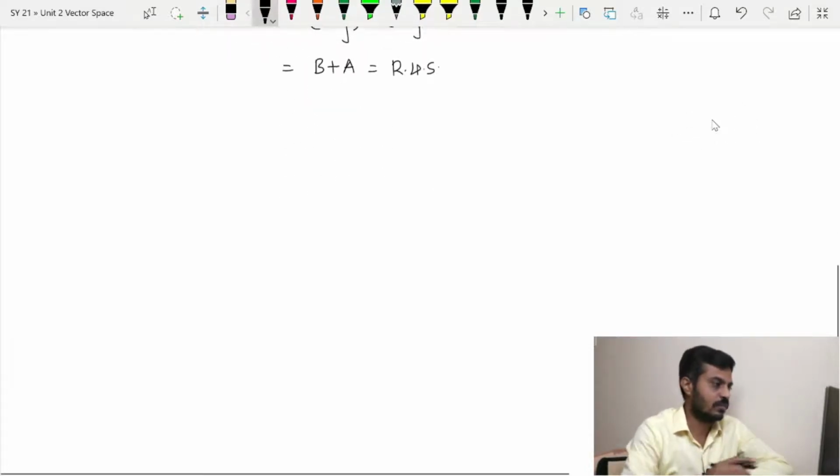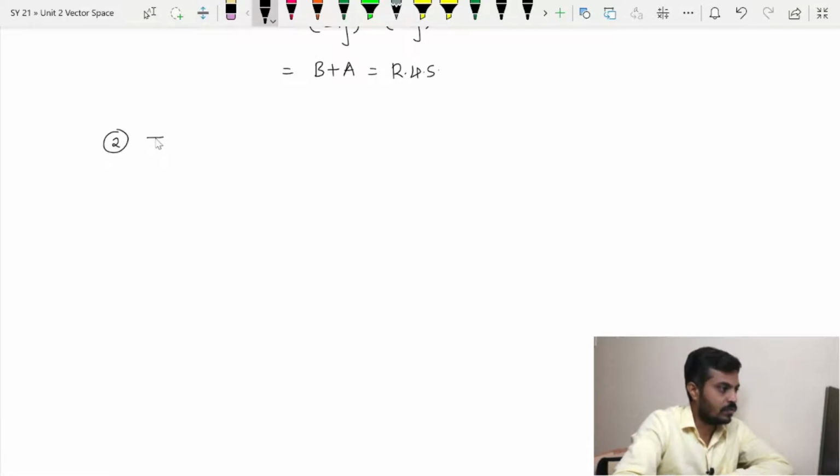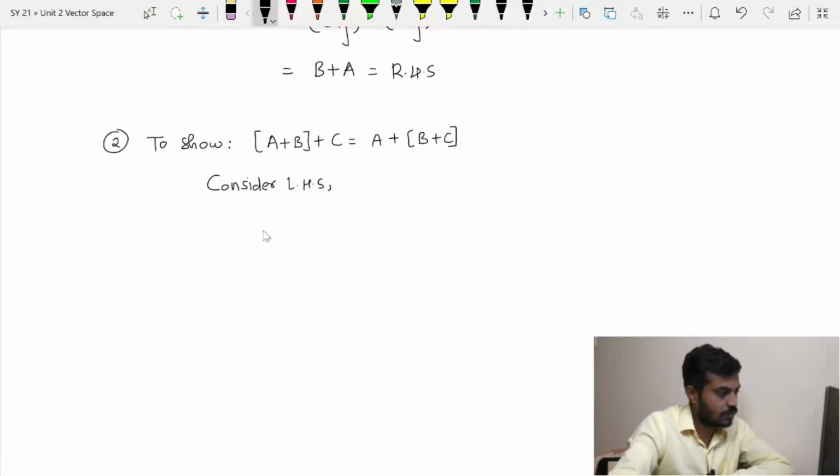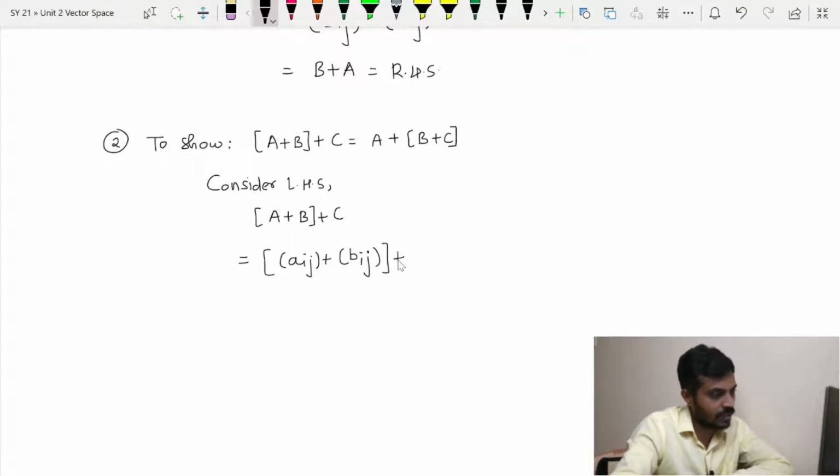Now we will move towards the second property, and in the second property we have to show that this matrix addition is associative, in the sense (A plus B) plus C is equal to A plus (B plus C). So again I will consider LHS. My LHS is nothing but this, putting the values of A, B, C: Aij plus Bij plus Cij,